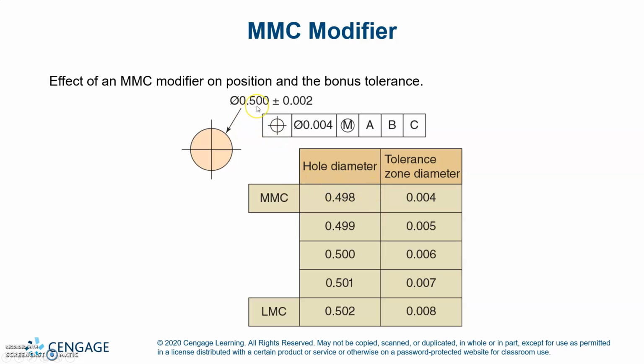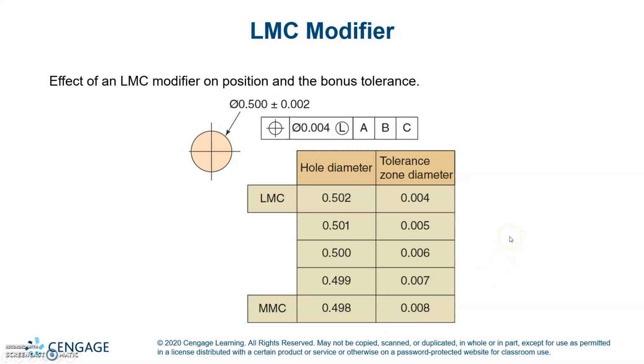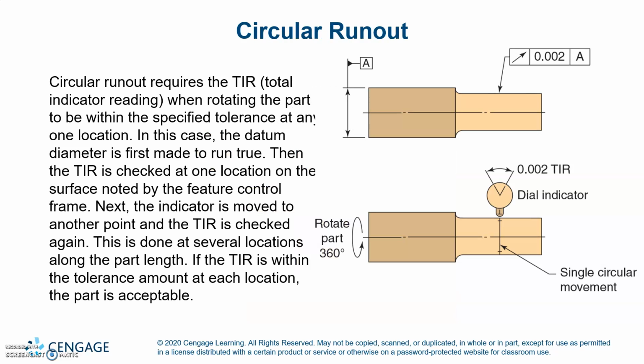So, if it's a 500 hole, you got plus or minus 2, so you can be anywhere from 498 to 502. So, if you're smaller, then your tolerance zone is only 4 thou. Whereas if you're at 502, then you got an 8 thou tolerance zone. And same thing for the least. Alright, so